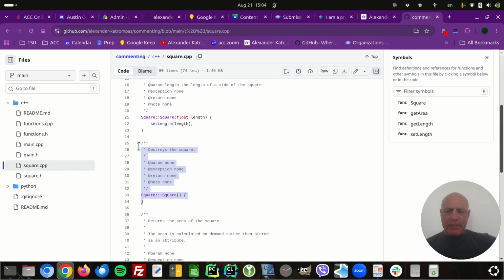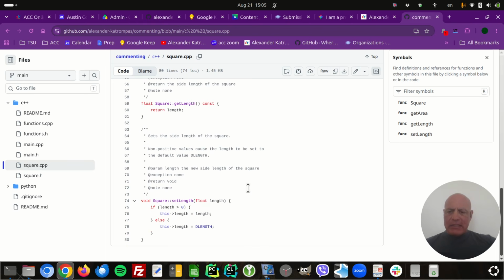For example, this is a great example of not existing at all. It's a destructor. It has no code in it. It doesn't do anything, at least from the programmer's perspective. There's no parameters, no exceptions, no returns, no notes. It destroys the square, but it doesn't even do anything when it does that. At least from the programmer's perspective; it actually does behind the scenes. But from the programmer's perspective, there's nothing here. You still put it here to demonstrate you understand this thing exists. It could exist, it could have things in it, and you're thinking about it. That's why you do it in class. But otherwise, all of this is exactly the same.